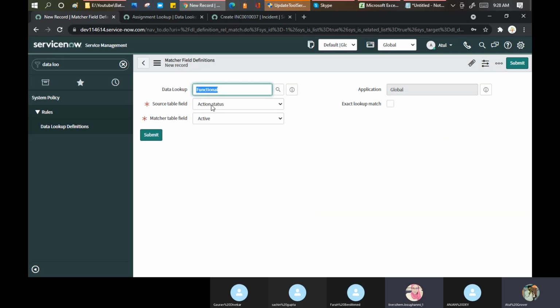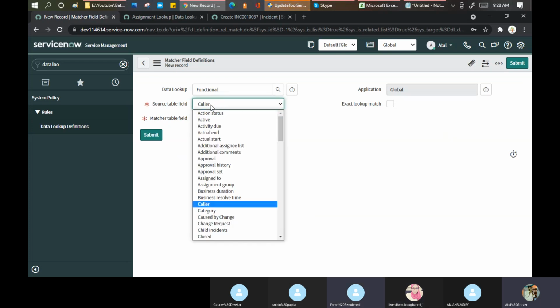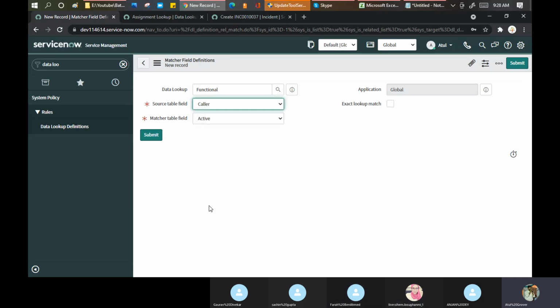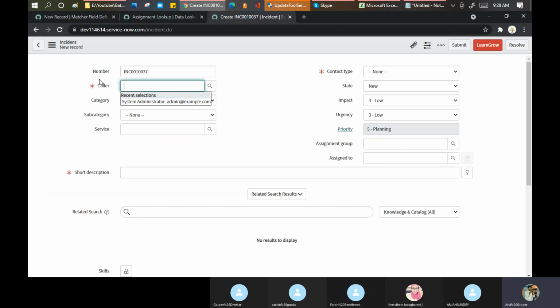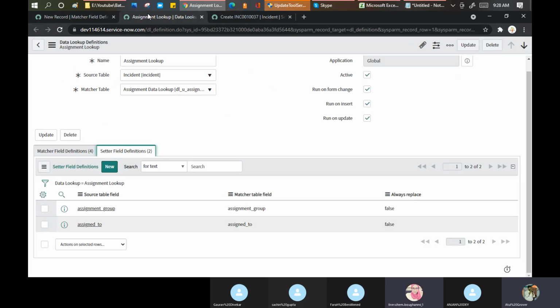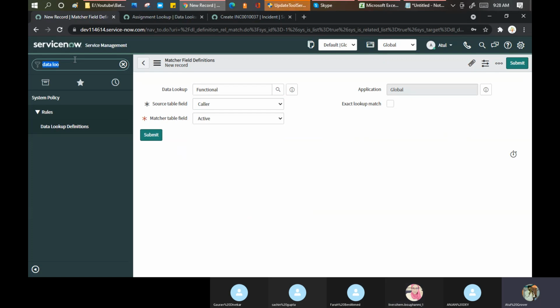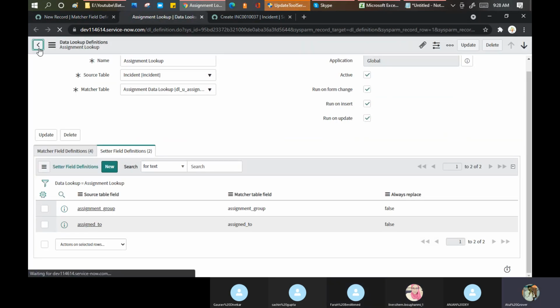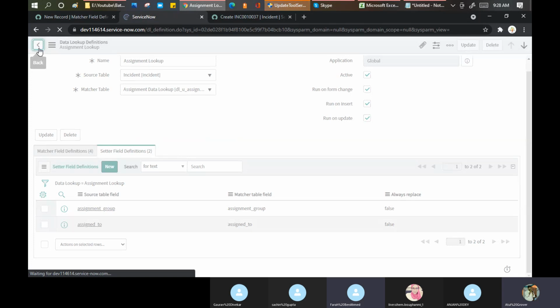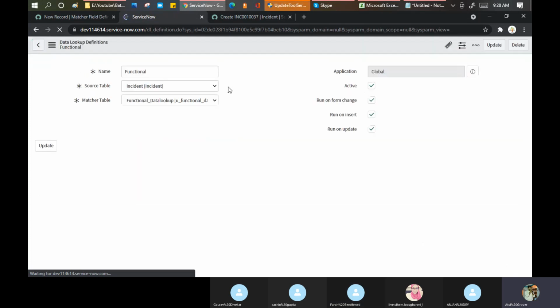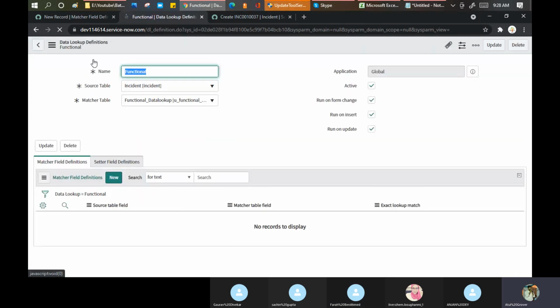I said in the source table, there's a field called the caller, right? This one. I want to map this caller, and let me open this. What is the table name we have? I can, but let me show you with the examples. Okay, u_functional_data_lookup.